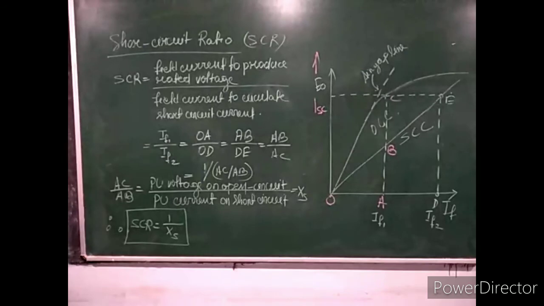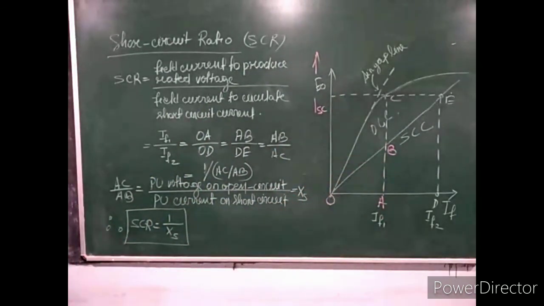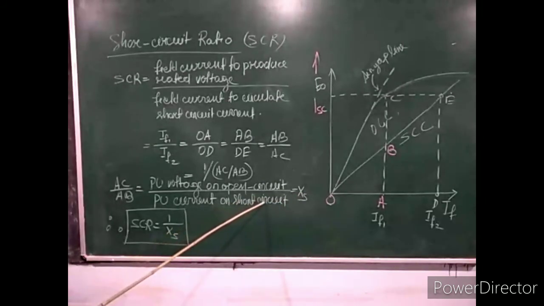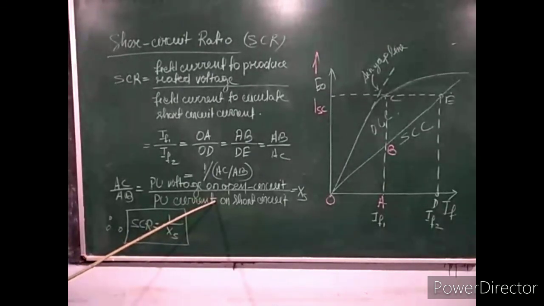And a small value of SCR, SCR meaning the short circuit ratio, indicates a smaller value of current under short circuit condition due to the large value of synchronous reactance. From this relation it is very clear now. If the synchronous reactance is large, it means the per unit short circuit current is less. So what conclusion do we get? If the synchronous reactance is more, then SCR is less. So a small value of SCR indicates that the value of current under short circuit is also small due to large